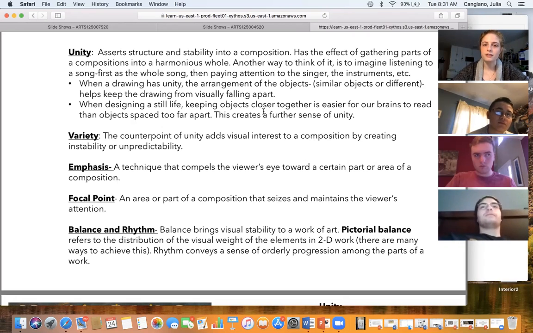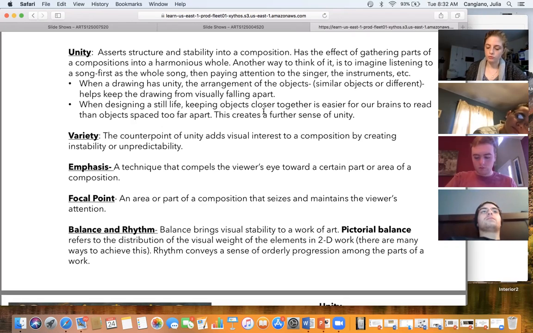It'll guarantee that you are looking where the artist wants you to look, and some artists put a lot of thought into this. Focal point is the area or part of a composition that seizes and maintains the viewer's attention. So emphasis is what you do to get your viewer to look at this focal point, and the focal point is the actual place that you want them to look.